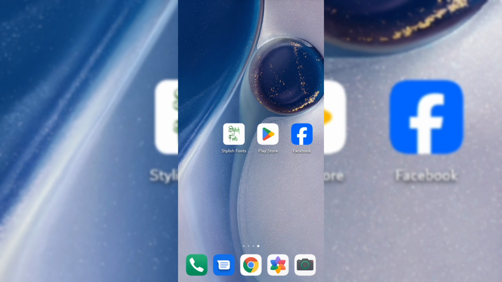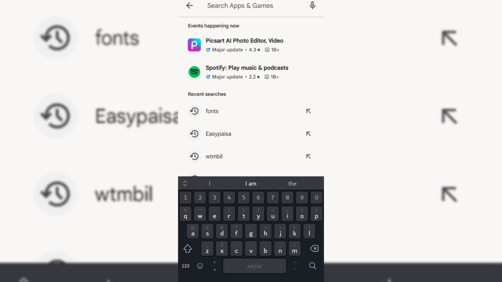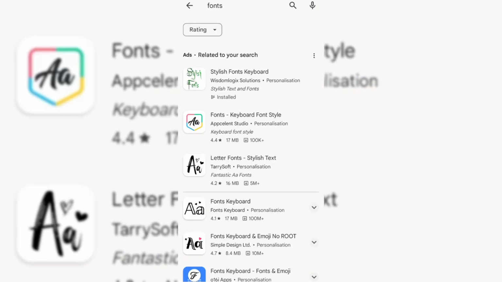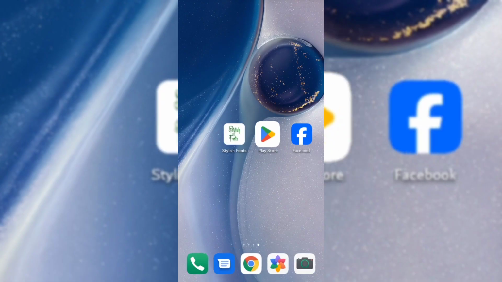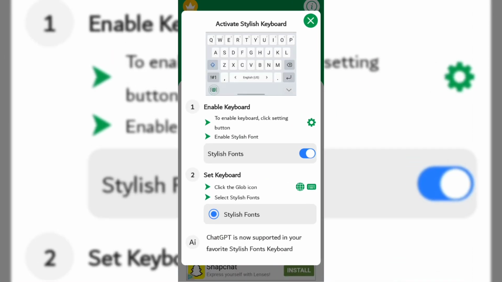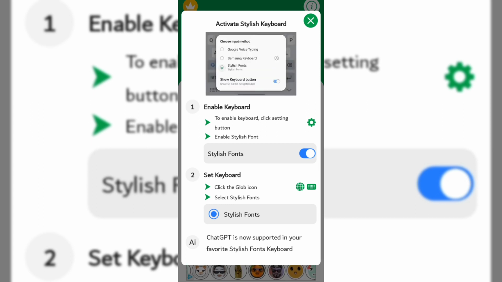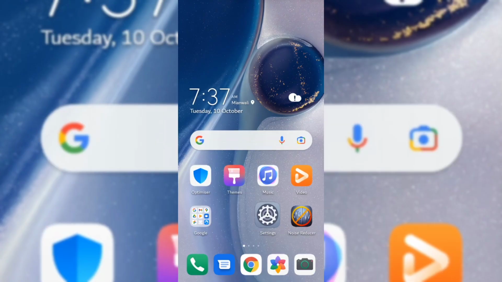Before going to the Facebook, let's open the Play Store. Tap on the search icon and here tap fonts, and here you can see the first app. Just download this app, and I have already downloaded this app. Now go back, and here you can see I have opened this app. All I have to do is go to the settings and allow permission to stylish fonts to set to your keyboards. Now go back,